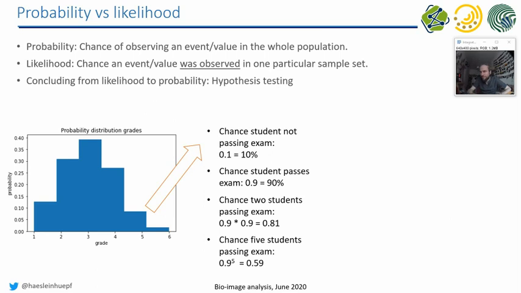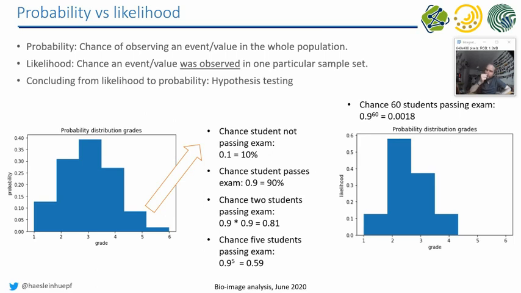With 5 students, the probability of all 5 passing the exam is just 0.59, so something like 60%, and so on and so on. And it brings us to a point where the chance of all 60 students in the class passing the exam is just 0.0018. So don't be afraid. The point here is likelihood. So the likelihood comes from a